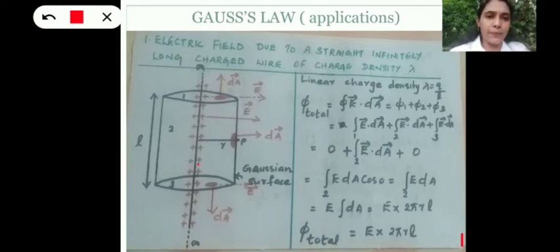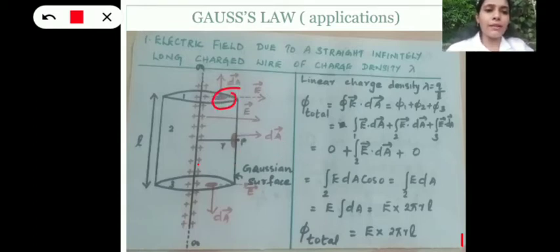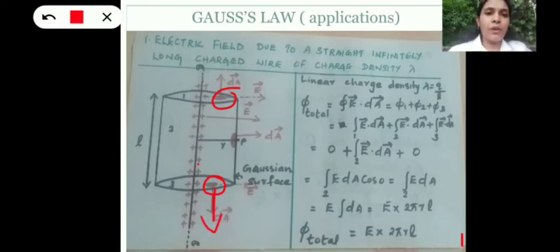Now we are considering a small area element on the curved surface, and at the same time on the two end surfaces. So what will be the direction of the area vector? You know, the direction of the area vector will be perpendicular to the area element. So here, this is the area element that we have considered. And what will be the direction of the area vector on the curved surface? Yes, it will be normal to this area element. So this will be the direction of the area vector. At the end surfaces, we have considered an area element like this. So what is the perpendicular direction? Yes, this is the perpendicular direction for that area element. So this will be the direction of the area vector for the end surfaces.